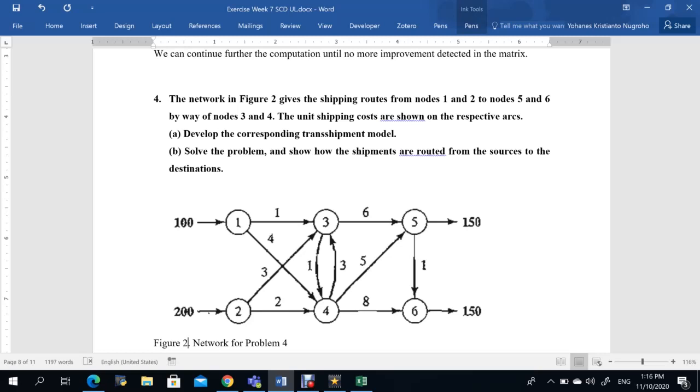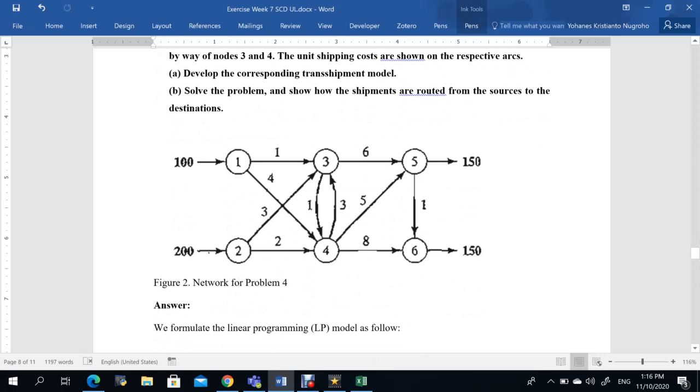Okay, and the unit shipping costs are shown on the respective arcs, and the question is to develop the corresponding transshipment model, and we have to solve the problem and show how the shipments are routed from the sources to the destinations. Okay, then we have to formulate it as a linear programming problem, and in this case we actually have 6 points, whether they are sources or destinations here. Okay,